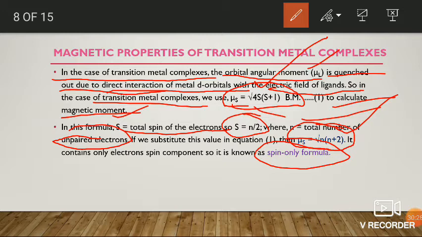This spin only formula, that is mu s equal to under root n into n plus 2, is generally used to calculate the magnetic moment of transition metal complexes. Okay, fine. Here n equal to the number of unpaired electrons. Okay, fine. Next,